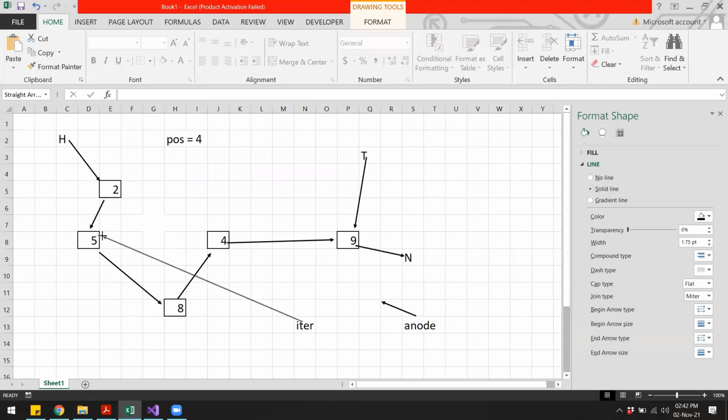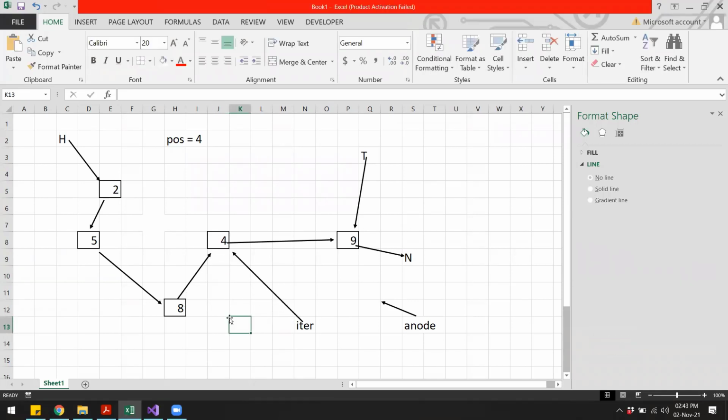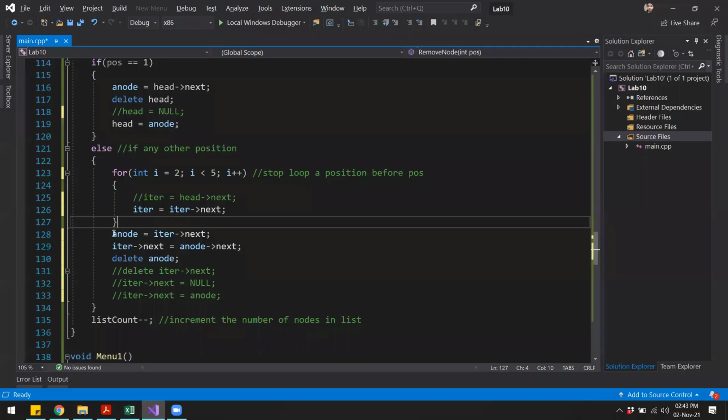So 1, 2, 3, right? So now the iterator is pointing to the node with the value 4. Then we come over here and we say inode is equal to iterator arrow next. So we try to make the inode pointer point to the next of the iterator.